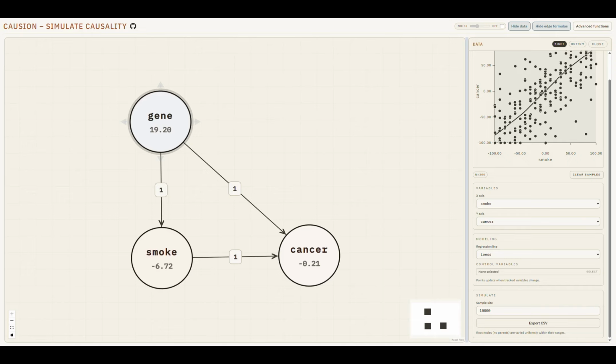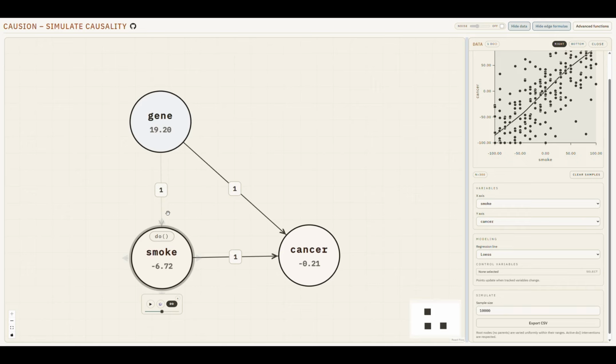Another important function that we can play around with in the DAG is the do operator that I mentioned before. The do operator basically lets us explore the consequences of doing an experiment on one of the variables in the DAG. A randomized experiment, to be specific. If we want to activate the do operator, we just press one of the variables we want activated for, and then we click the do button down in the mini menu over here. And you'll see that this automatically turns all the edges that point towards the variable that we just activated the operator for off,